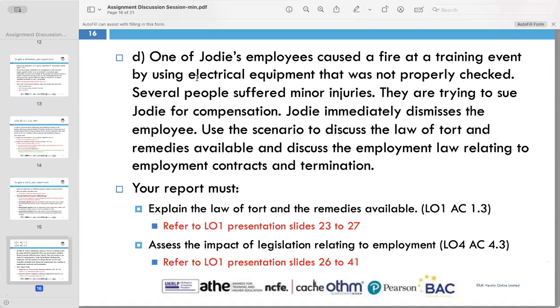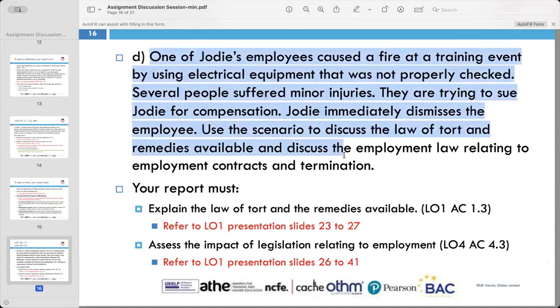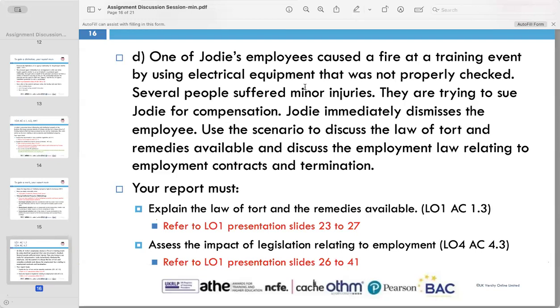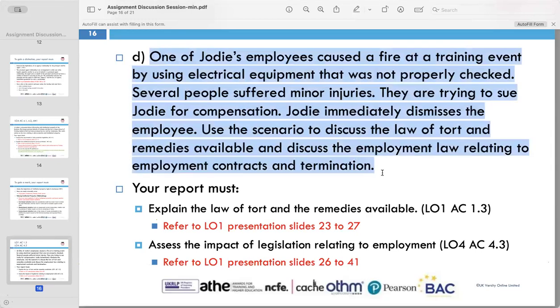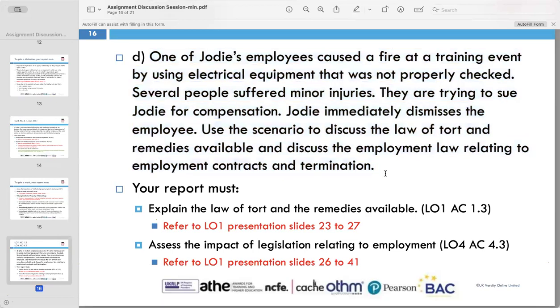On this point, I agree with you, Hanesh, that it was not properly checked, because this scenario is only saying that it was not properly checked. So we are only talking about these few lines. She should make sure that everything is checked properly, and by doing this she could ask her employees to confirm that everything is checked properly. Okay. So secondly, she can't sack him straight away.